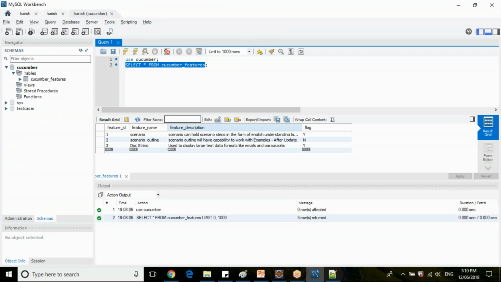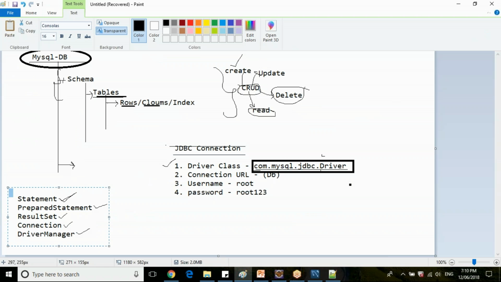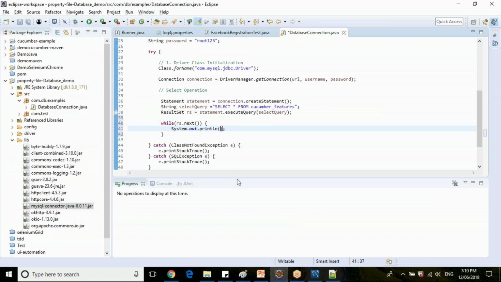So the first one is an integer, and the other two are varchar. You can take this feature ID, copy this particular field name, or you can use an index also. The index is 1, 2, 3, and 4, so there are 4 indexes for these columns, or you can get by the field name as well.